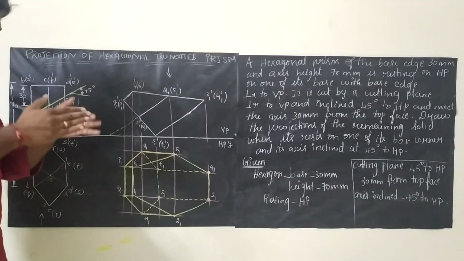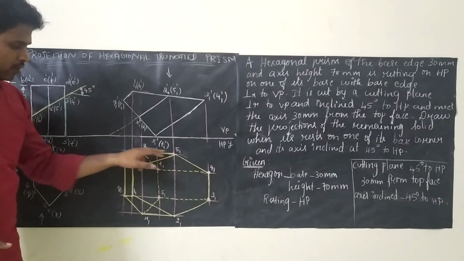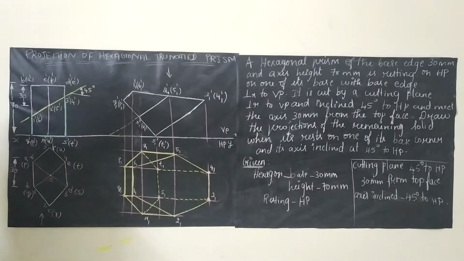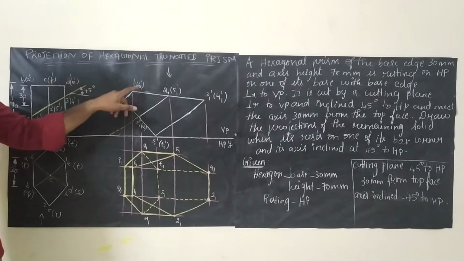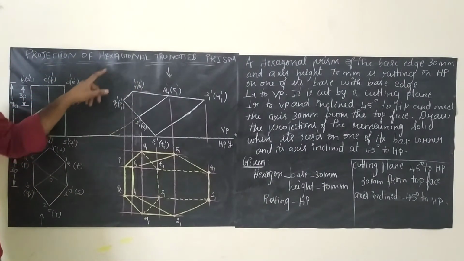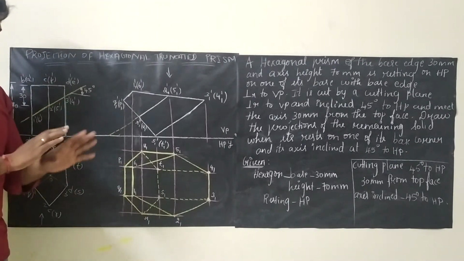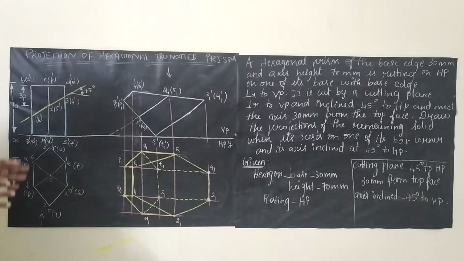Now see what are the remaining outer edges. Here we will be having an outer edge U to 5, and here we will be having another outer edge. And one more thing, when we are seeing from here, P to 6 is an edge and 1 to Q is an edge. That one will be clearly seen. So we have to join P to 6 and Q to 1. After joining you will be getting exactly whatever I have drawn here.